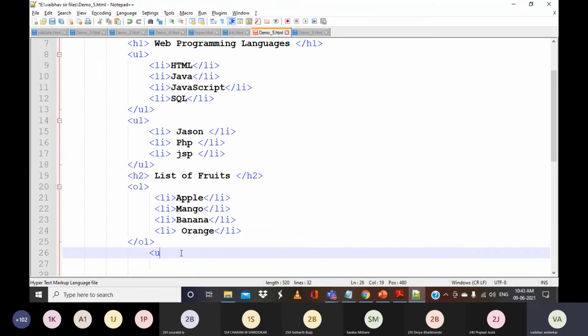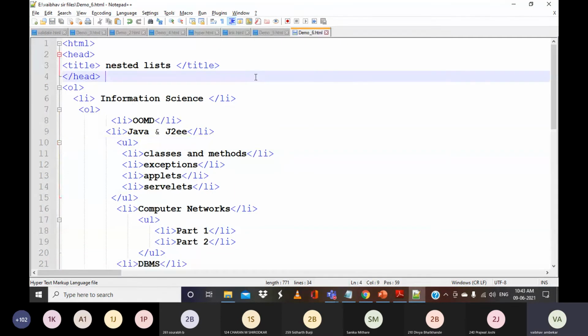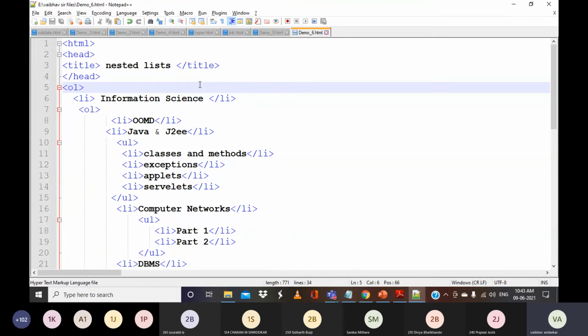For this, I have written a simple program. I have taken the information science subjects from an engineering college and listed all the subject names. What we have mentioned here is we have created an ordered list.